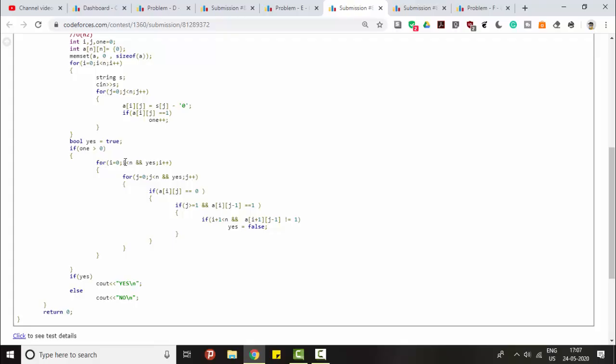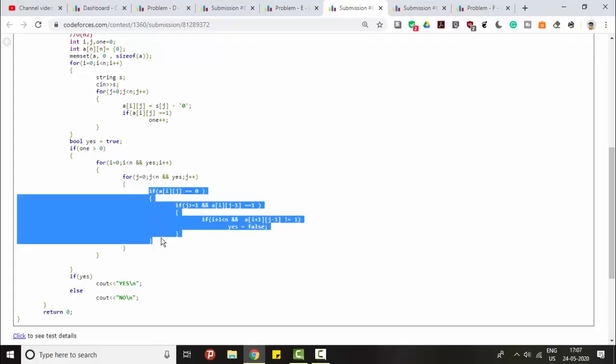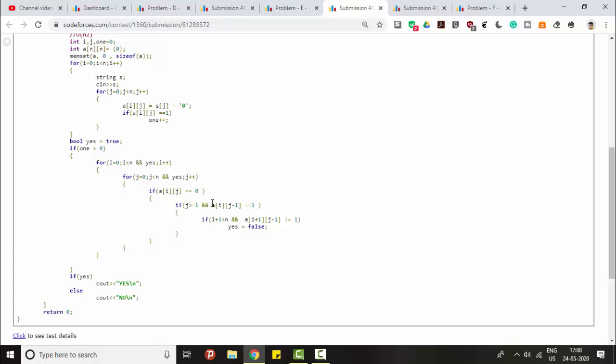I'll do this in O of n square, where I'll iterate through every cell and check if this slot has not been used. If this slot has not been used, I'll check if the previous slot has been used or not.